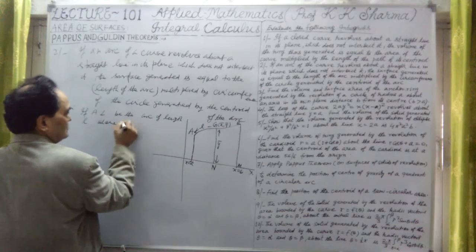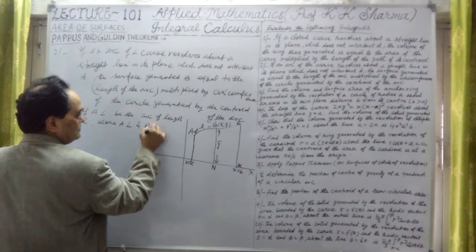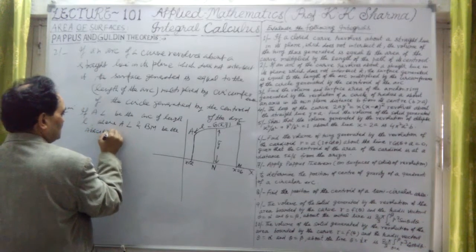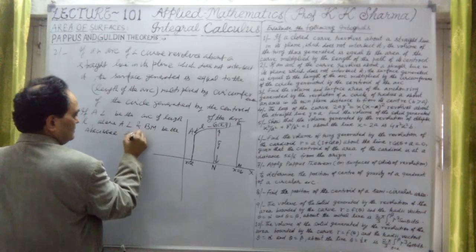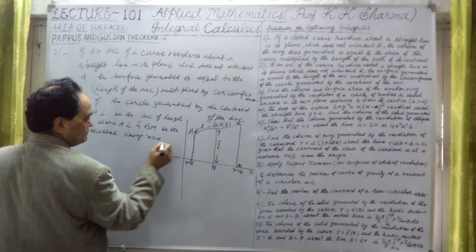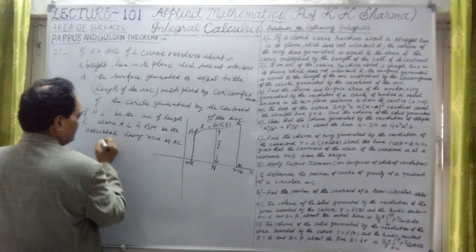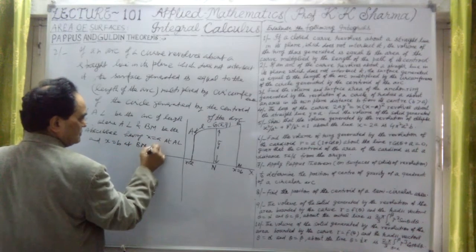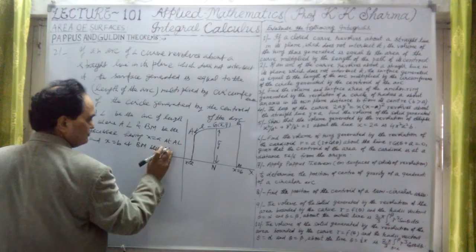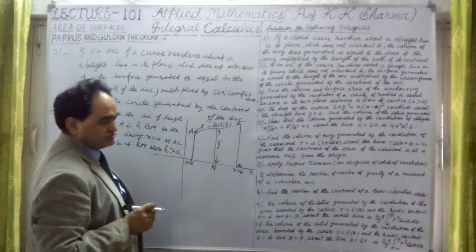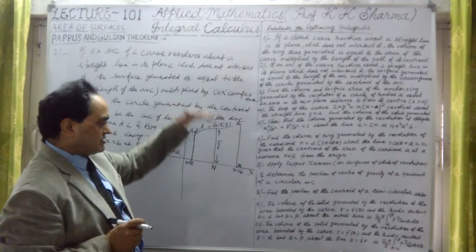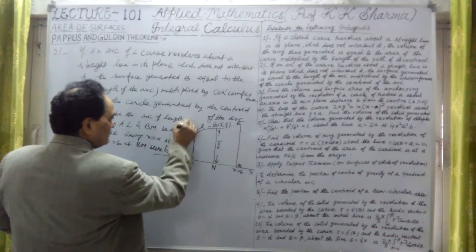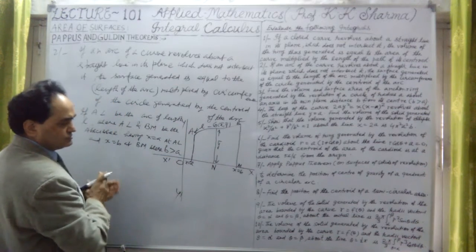where AL and BM are the ordinates, having x equal to A at AL and x equal to B at BM, where B is greater than A. In this case, we will take the limits A to B, because B is the upper limit and B is greater than A. And this length is x bar and y bar, this x dash here. Now we know